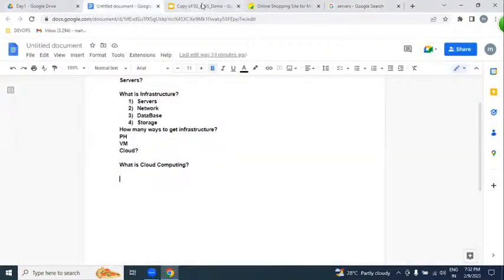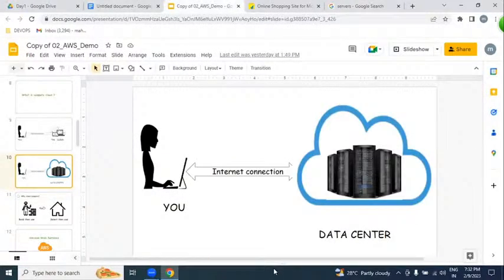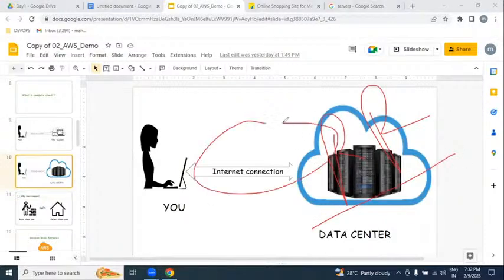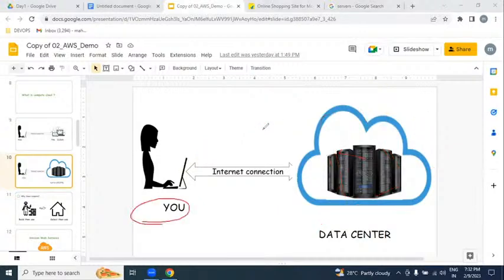If you can access this computing power over the internet from your laptop, from a remote place, that is nothing but cloud computing.